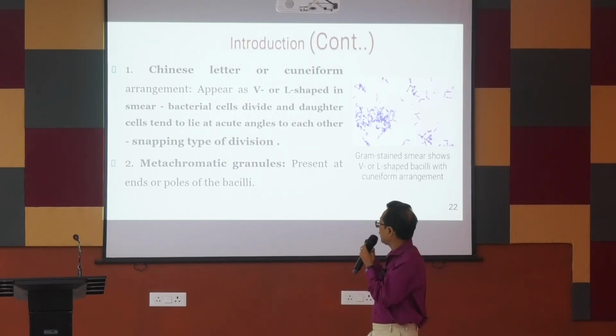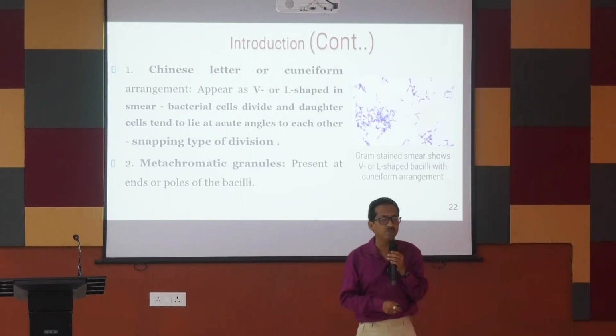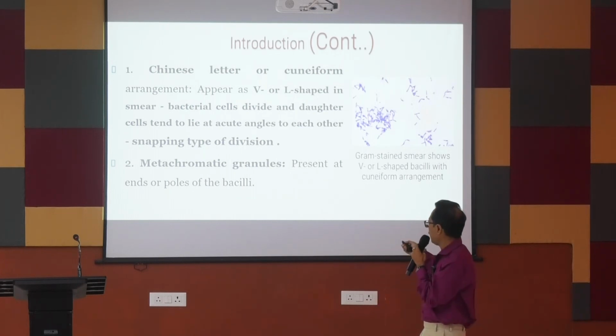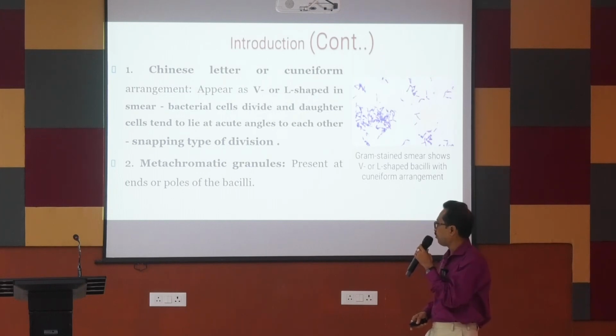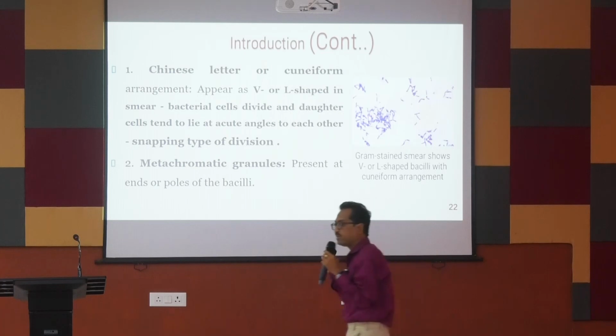So this arrangement is a typical V or L-shaped Chinese letter pattern. The second specific point of diphtheria is the metachromatic granule. Metachromatic granules are present at both poles of the bacilli. So what is the difference between the